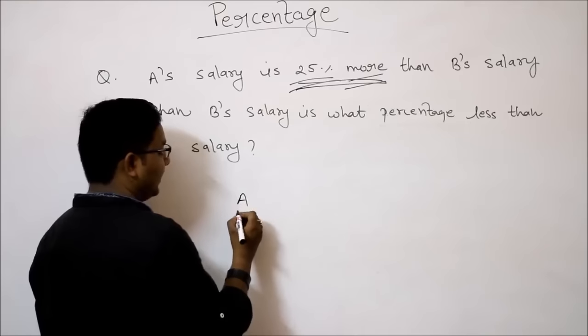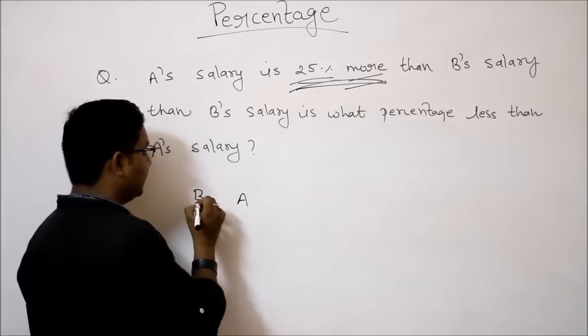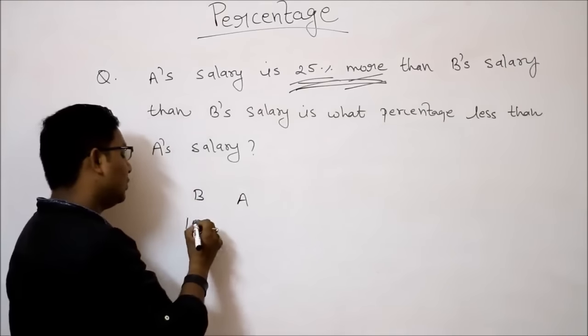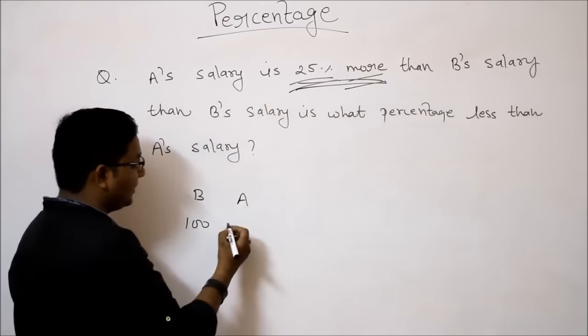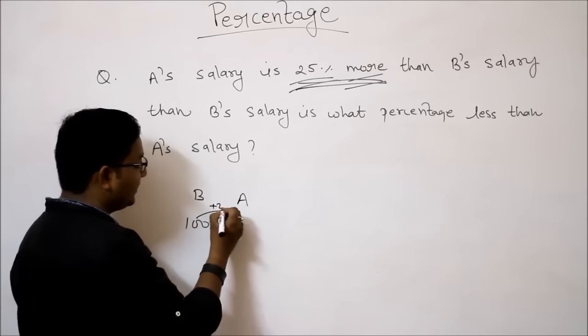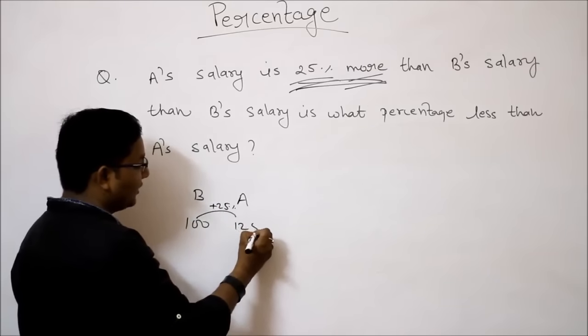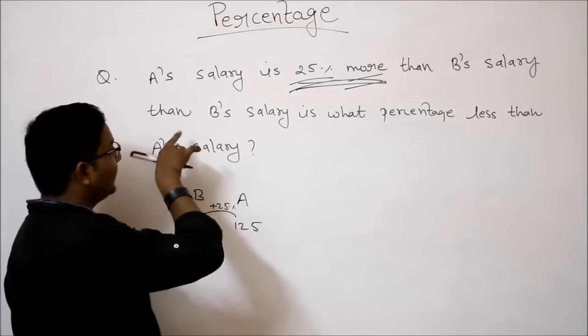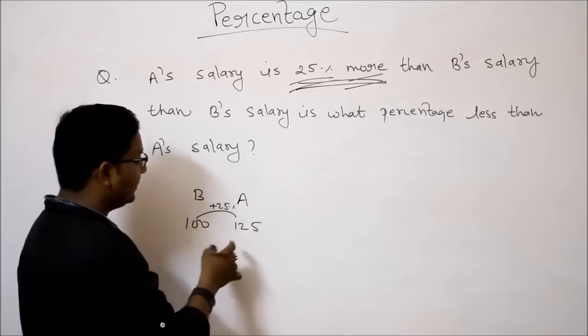ए, अगर देखिए ए, हम लोग ए और बी, ठीक है, बी ले लेते हैं यहाँ पे. अब बी सैलरी को मान लीजिए हम लोग 100 मान लेते हैं. सो 100 है तो ए जो है 25% बी से बड़ा है. सो 100 इससे 25% अगर बड़ा है तो कितना हो जाएगा, 125. ठीक है, सो 125 हो गया. अब हम लोग को निकालना क्या है, बी कितना परसेंट ए से छोटा है.